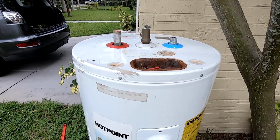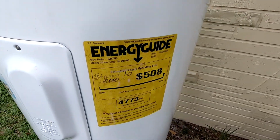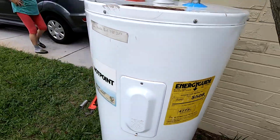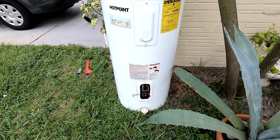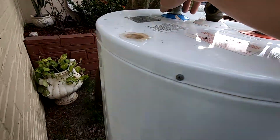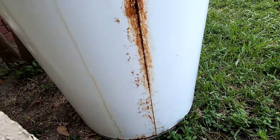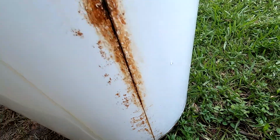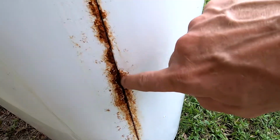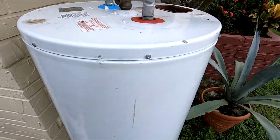This is a perfect example where you need to check your water heater every couple of years. This is the water heater that was installed in 2010. It's 2020, so it looks not bad right in the front, but if you turn around, look at this. We have a big rust coming from the bottom to the top, and this is starting to flake. So we've decided to replace this water heater, and you always have to check it every couple of years,